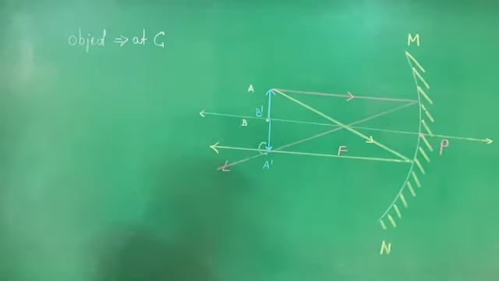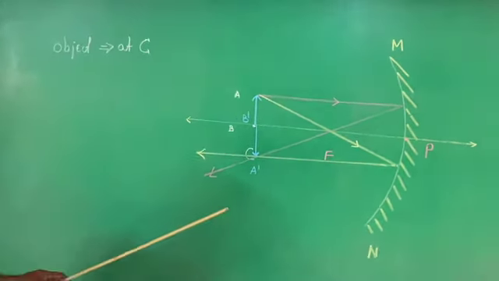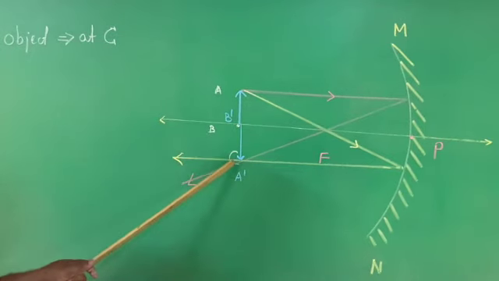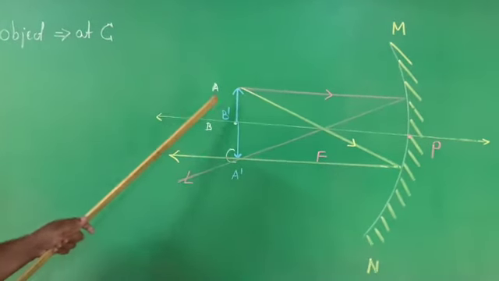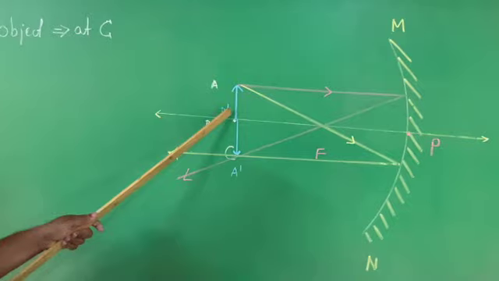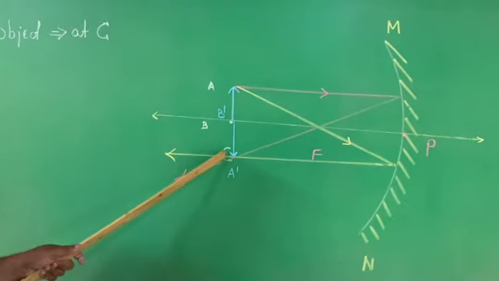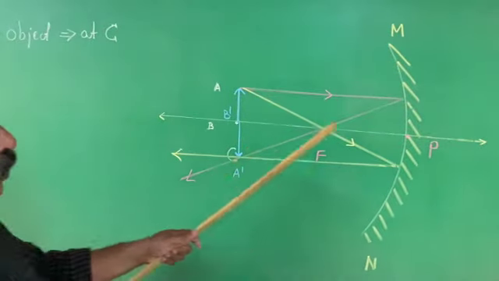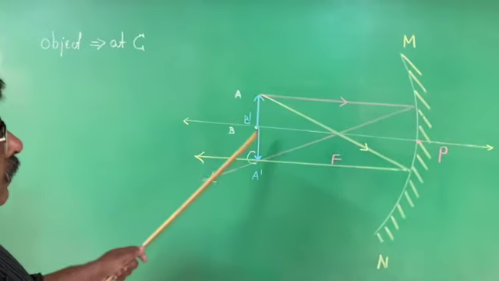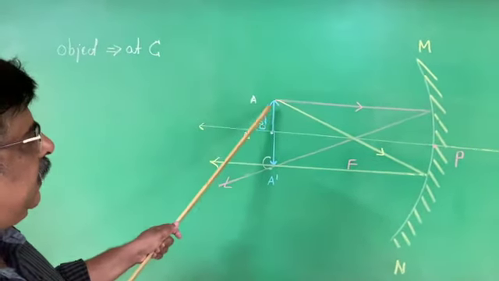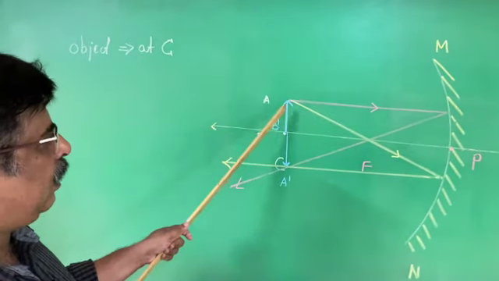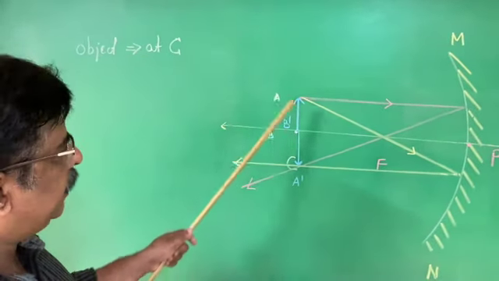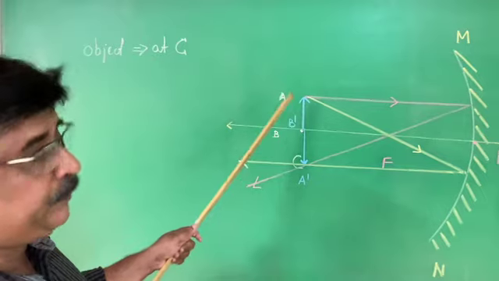Now you have to understand. When the object is placed at C, image is also formed at C, right? And size of the image looks the same as the size of the object. When you use the correct geometry box according to the actual measurement, you get this. You can even measure the height of the object and height of the image. That you are going to write in your second PUC.